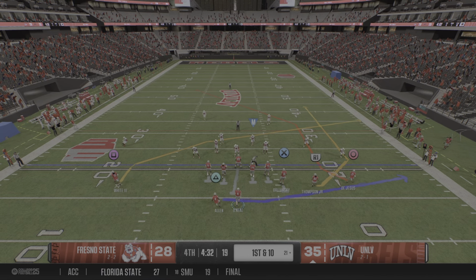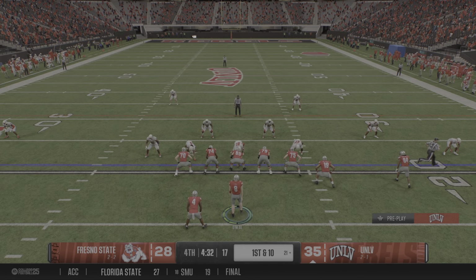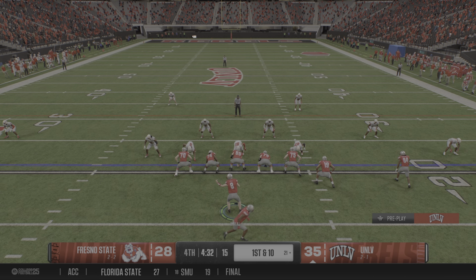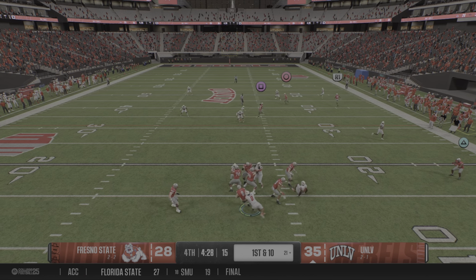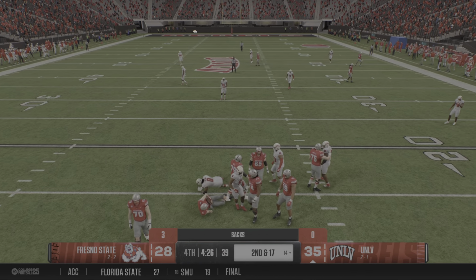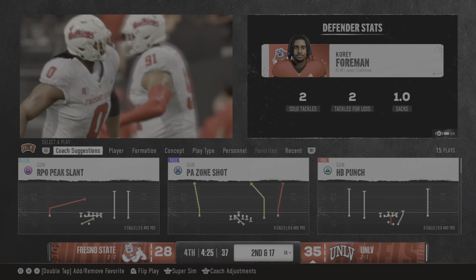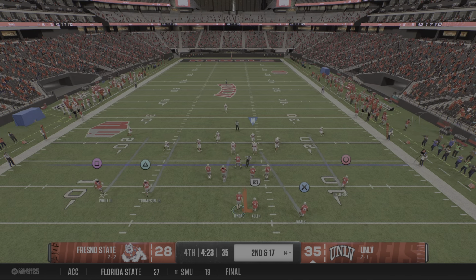UNLV ready to go back to work on RPO. And now that cushion is a little bit smaller, Jesse, and any mistake would get magnified. Yeah, a little bit of pressure now on the side. And the heat gets there. And they get it down at the 14-yard line. We'll see if they can